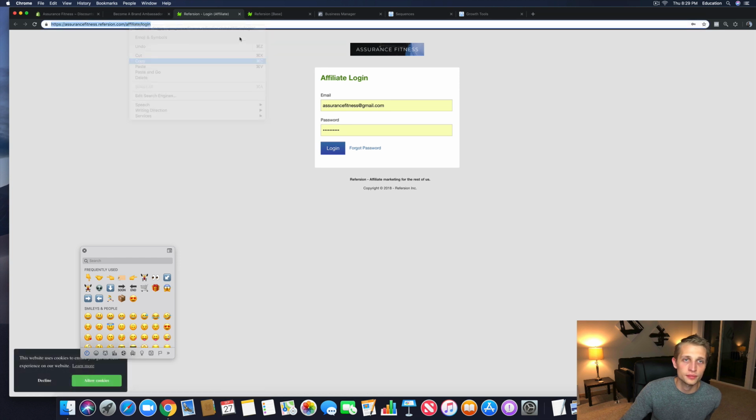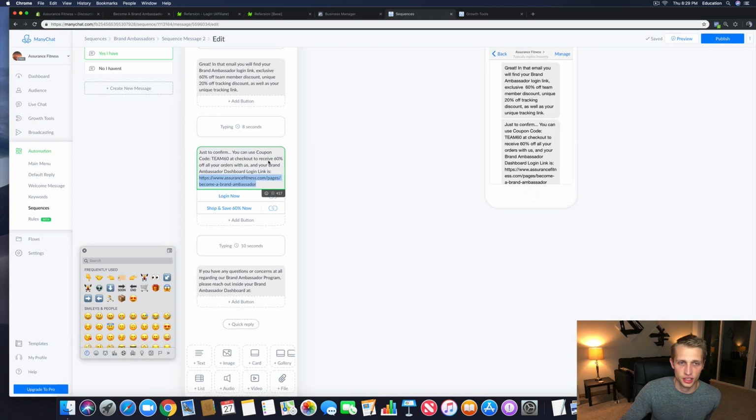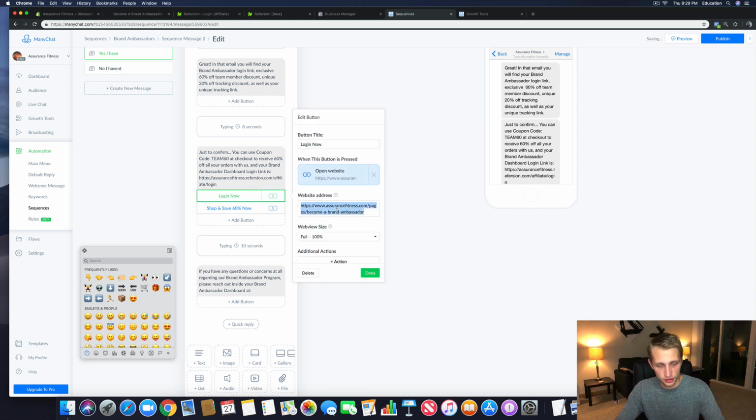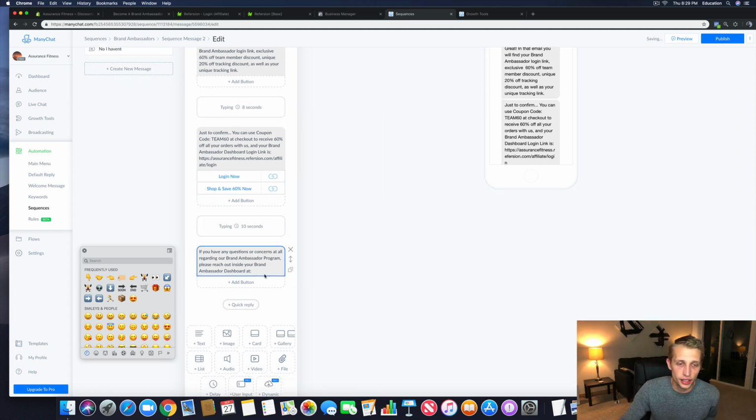So I'm going to copy it, and I want to correct that in the sequence. Glad I caught it. I also want to link that here to the login page, so they don't have to see the application and then click login in the top right. They might not see that. And then here, where it says please reach out inside your brand ambassador dashboard at, we want to put